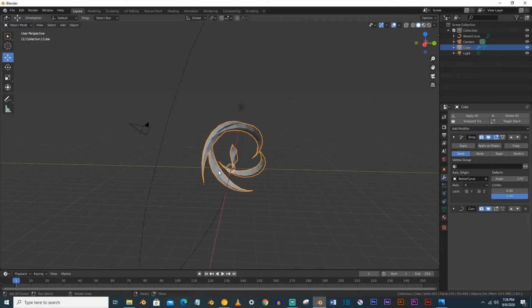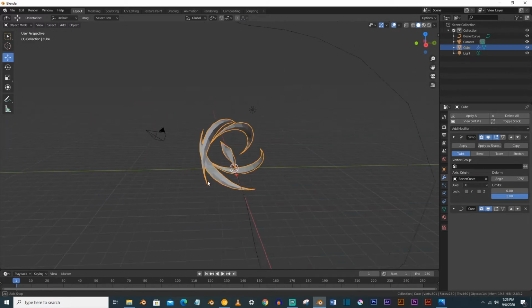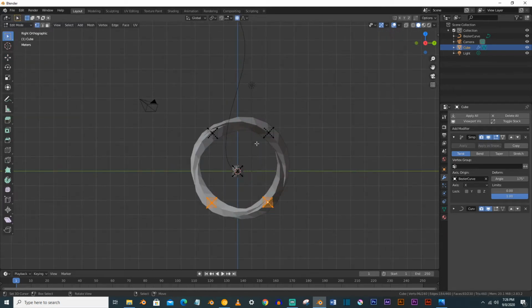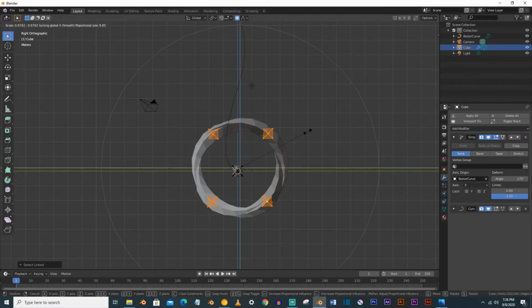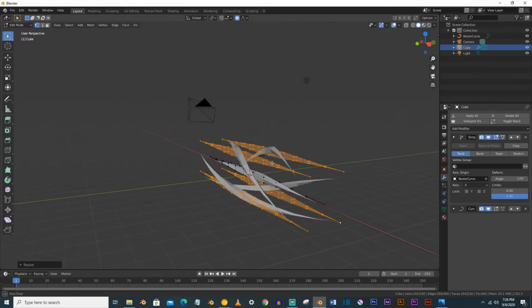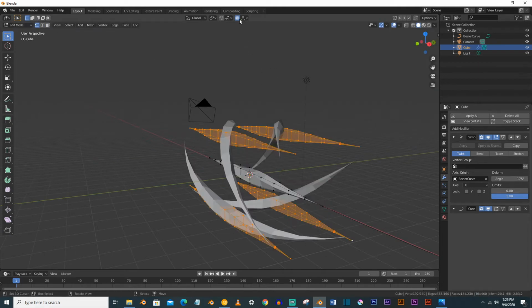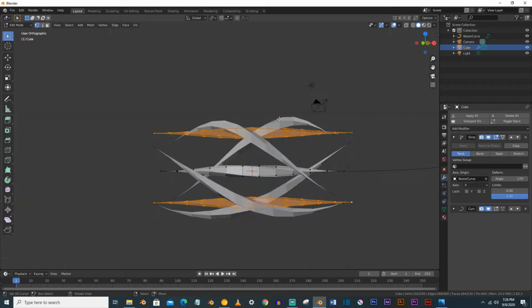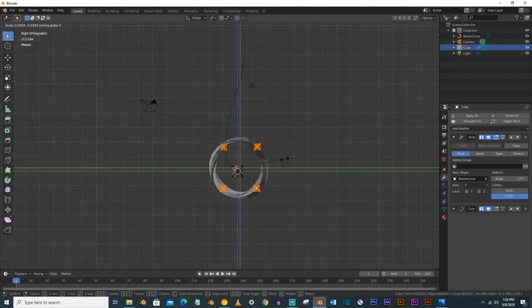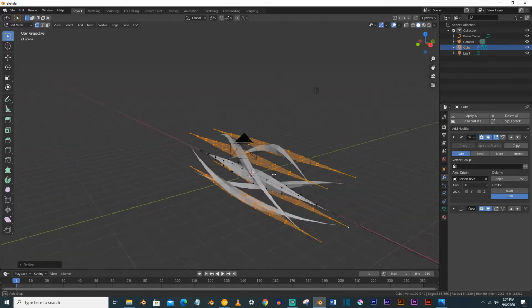We can scale it down a little bit later, but just for now stay with me. Go to the edit mode and select this by pressing L, and select this by pressing L, and S and Shift X to make it close to this. Just turn off the proportional editing, and now scale on the X-axis only, so it looks like this.